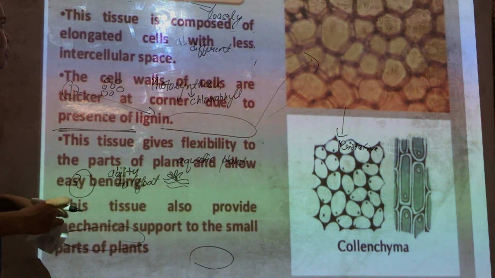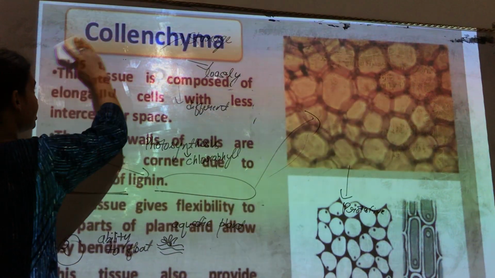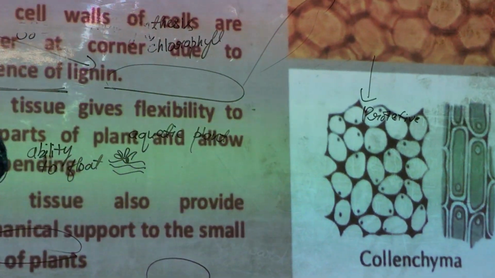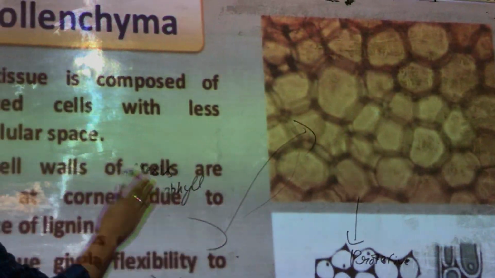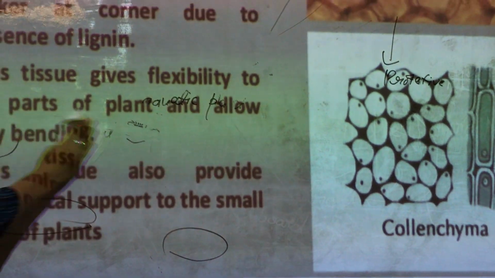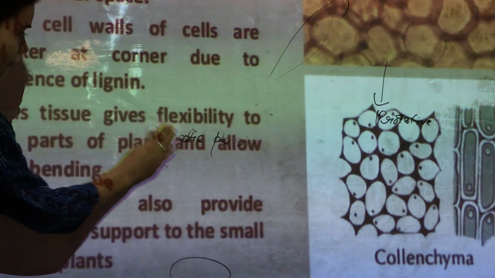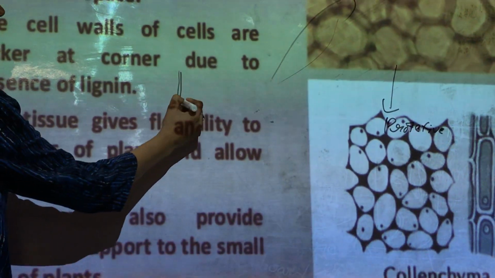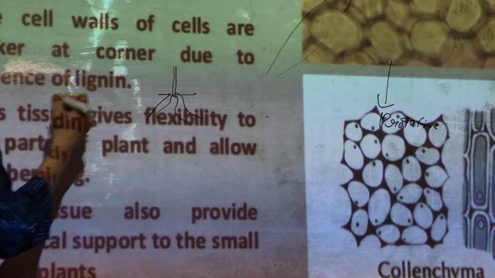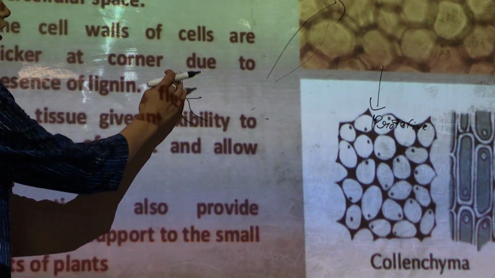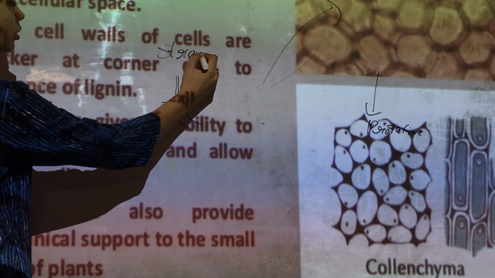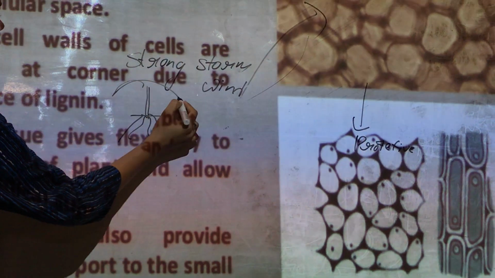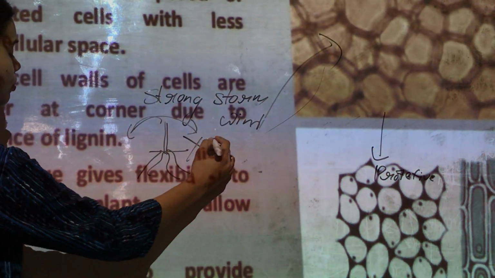Now let's discuss another type of permanent tissue, that is collenchyma. Now this is very important. You must have seen during storms, or very heavy winds or heavy rains, these plants swaying from left to right, but they don't break. Have you seen? For example, this is the stem of any small tree, even as small as grass. During a strong storm or a strong wind, they sway from left to right, but they don't break.